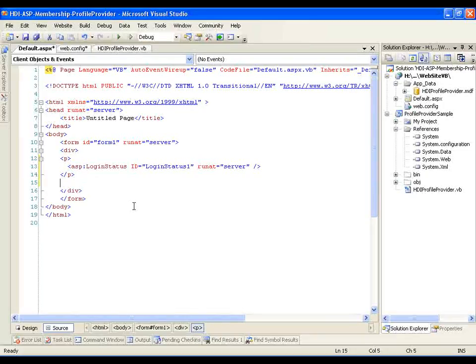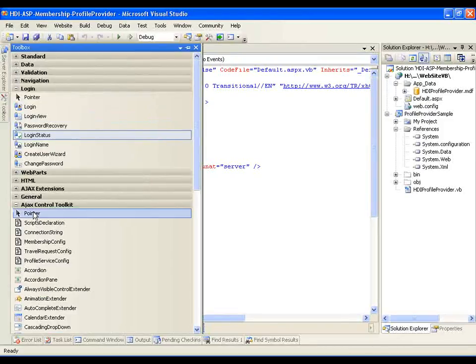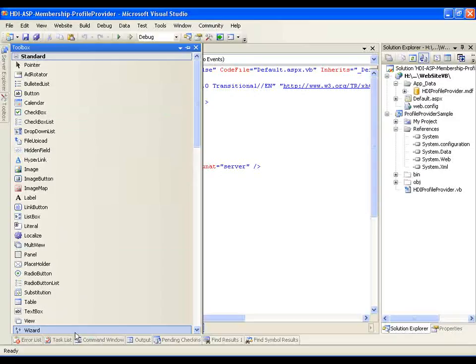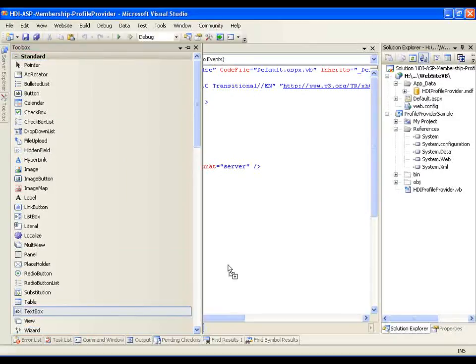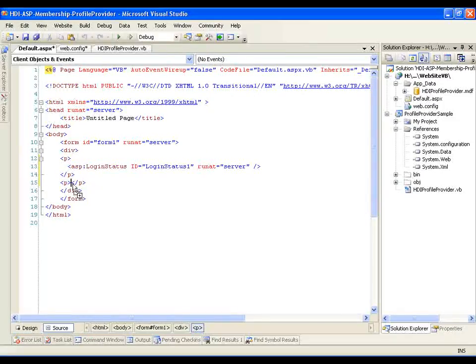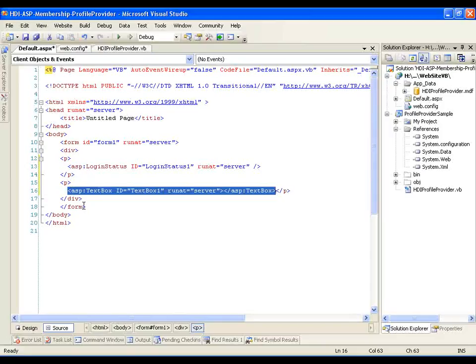Some of the profile information. So let's bring in a text box here. And here we go, text box. Bring that in, put that in there, and let's just give it a label. In this case, we're going to call this username for the first one, and we'll just put a little space